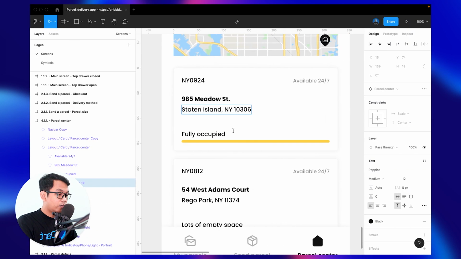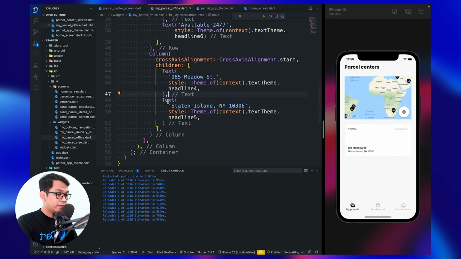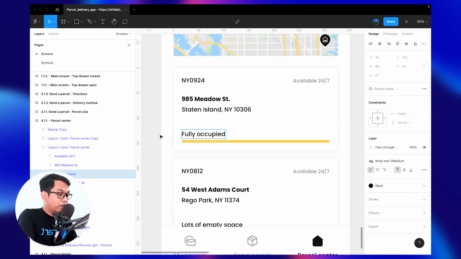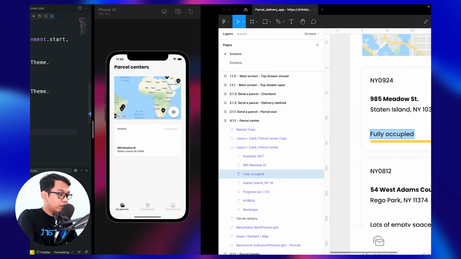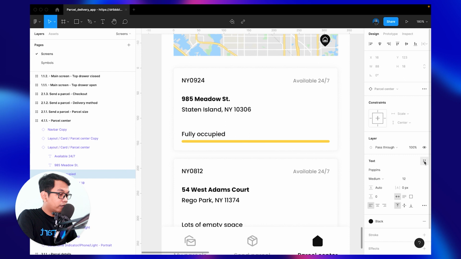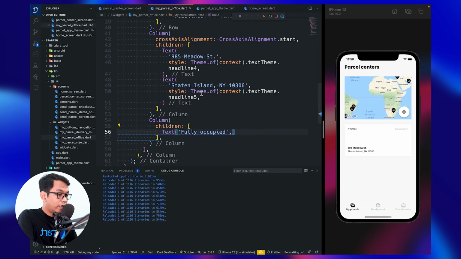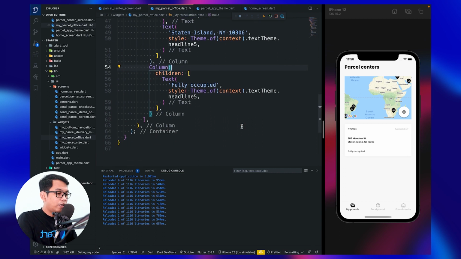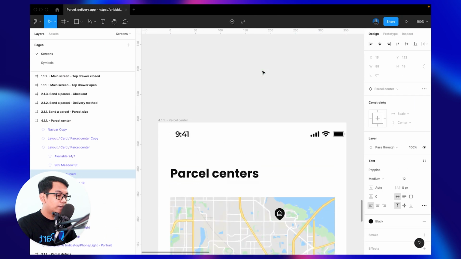And below that we add a column again, but for the first child is a text widget again, and we say fully occupied. And for the style it's like a 12 medium, so headline 5. And now we see fully occupied, and below that we have a linear progress, so we can use it from the previous.